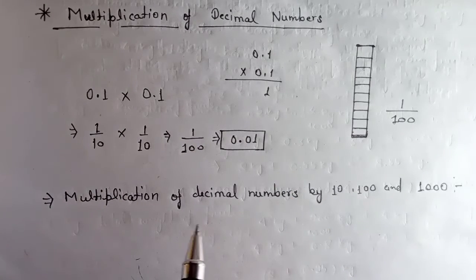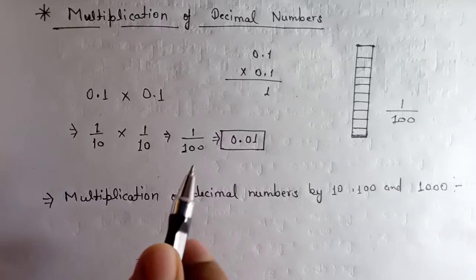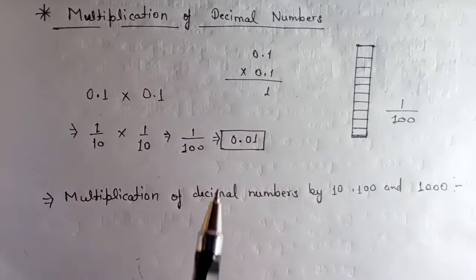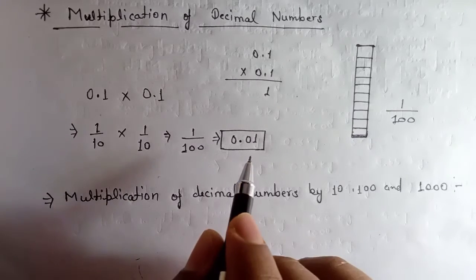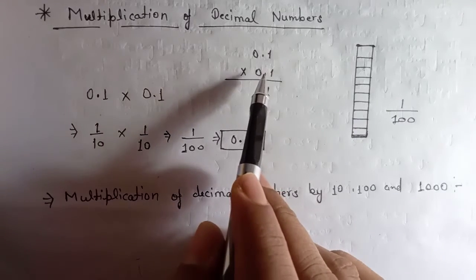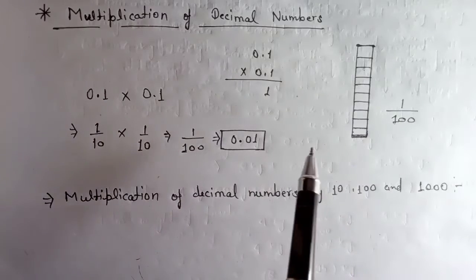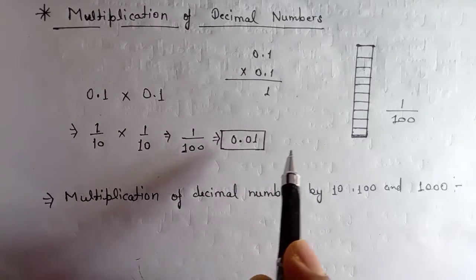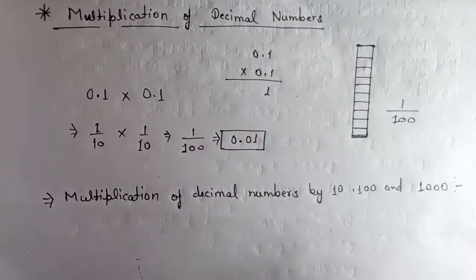Okay, so in multiplication you have to do one thing. In multiplication of decimal numbers, you have to keep one thing in your mind. You have to count the digits after the decimal point, and eventually in your result place the decimal point by counting the digits. If I multiply